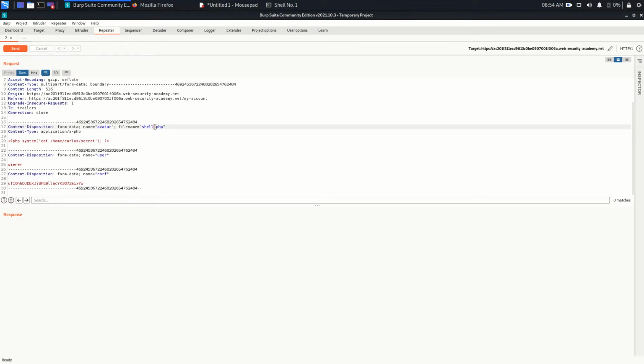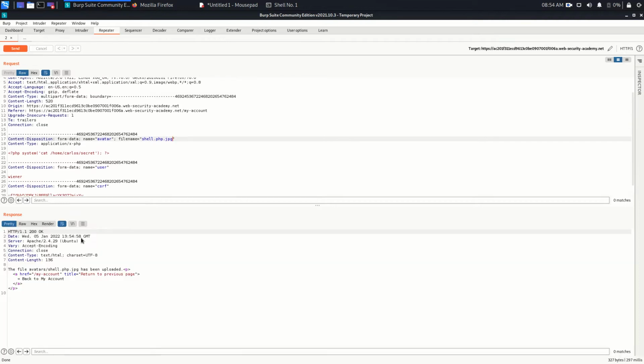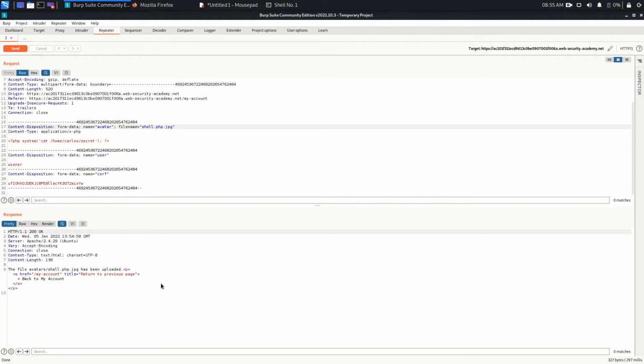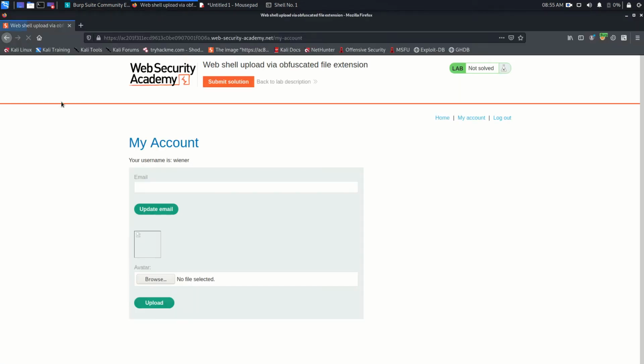First let's try this. This is the php, so I'm going to add .jpg. Send, and it is uploaded, but let's see if it can be executed or not. View image, and yeah, I think it's working. This error is coming because the application expects a jpg file, but the file is actually not a jpg, it is a php file.